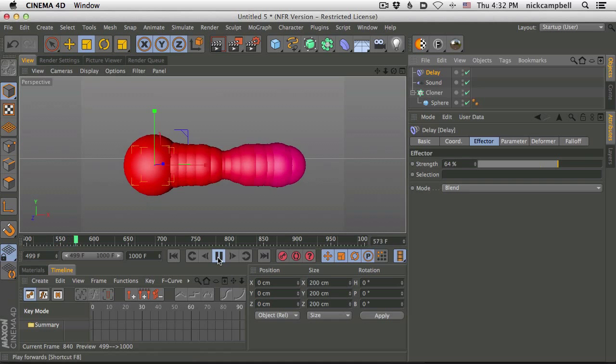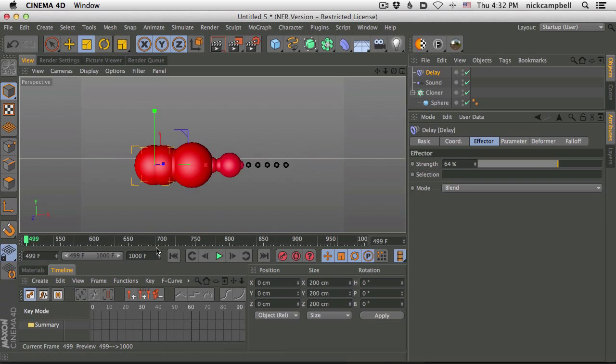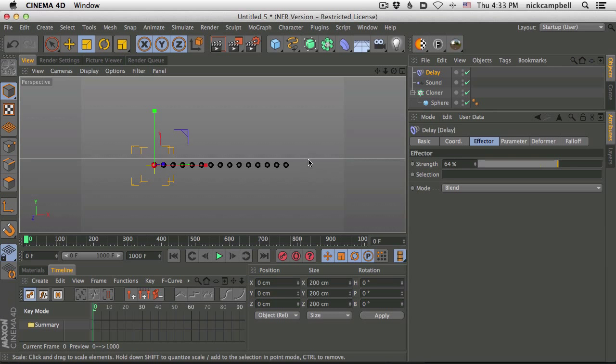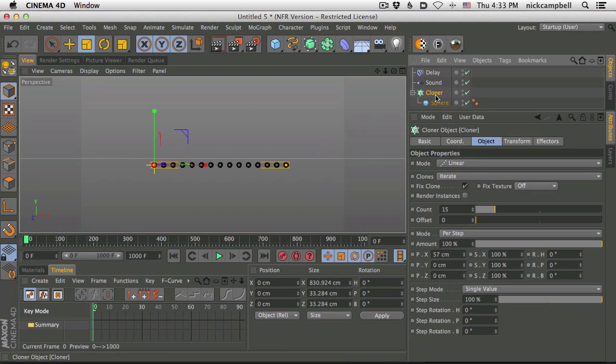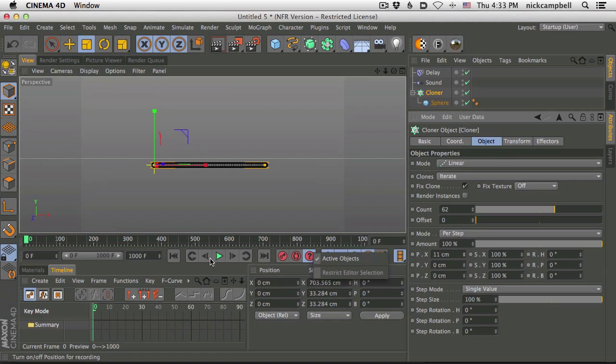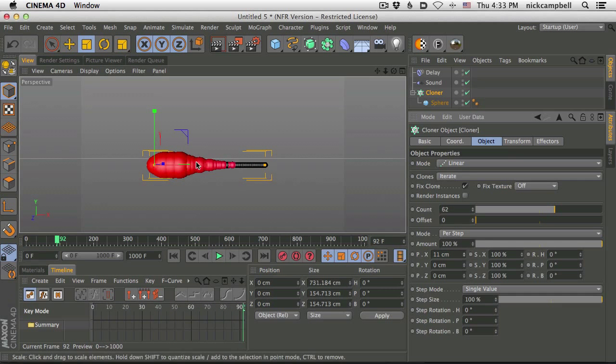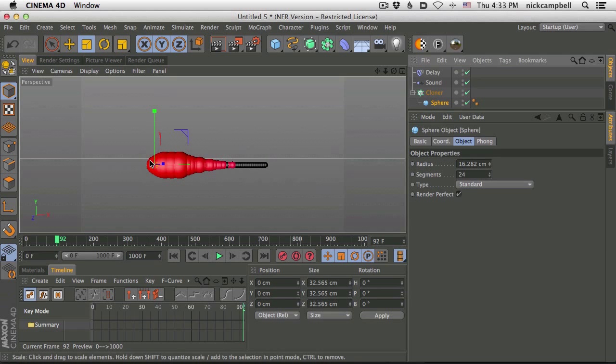Okay, so that is that. So let's get our main cloner ready to go. In this case, let's go back to frame 0 where it's nice and quiet and dial it in. Okay, so in our cloner, what we can do is add a ton more clones and then shrink them all way up close to each other. And now what we have are a lot more clones to work with, but of course they're all touching. So let's start adding those dynamics so they bounce around and do all that fun stuff.